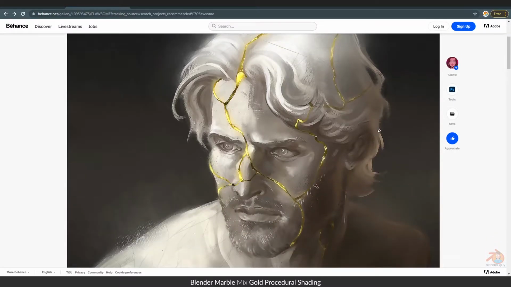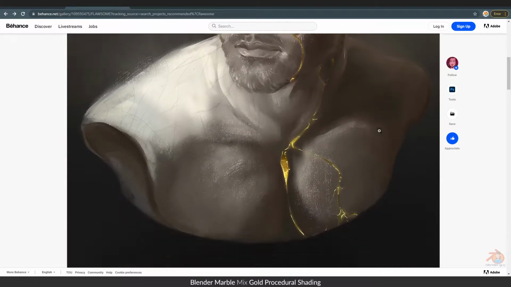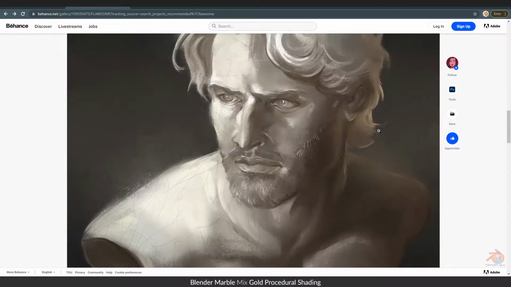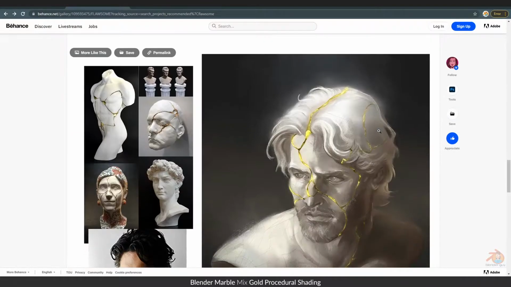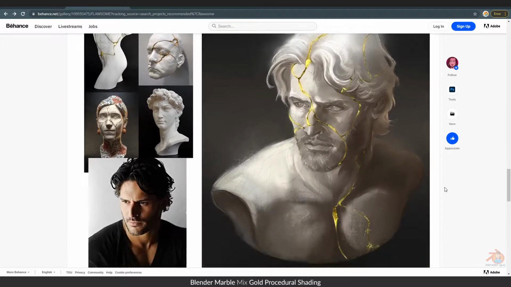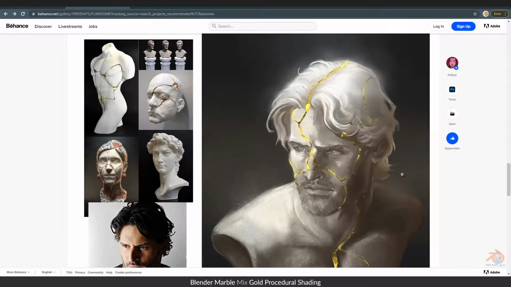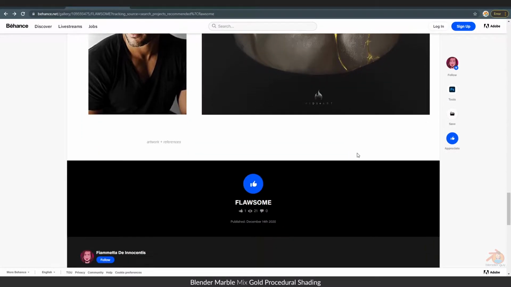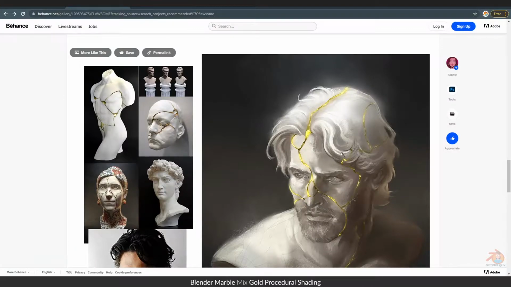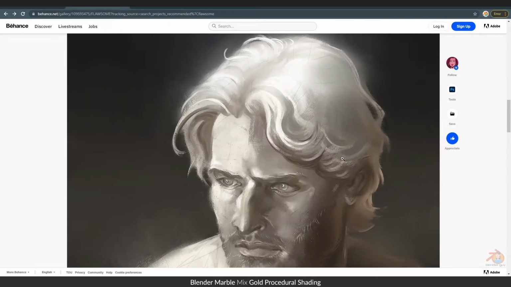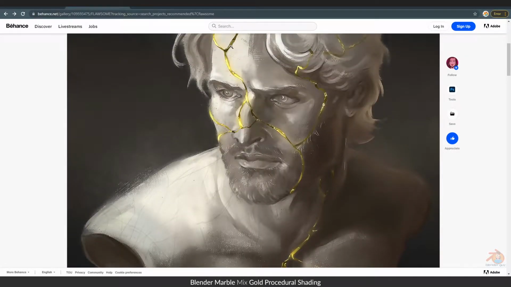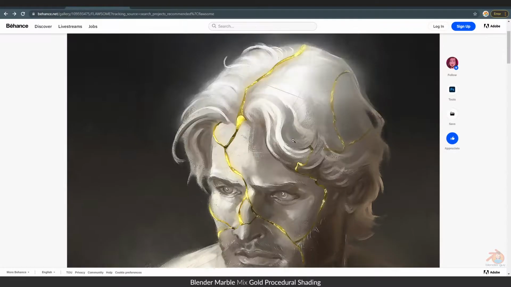This was the image which I saw on Behance, and which made me do this. When I saw this, I felt, wow, the breaking and the coloring, everything.